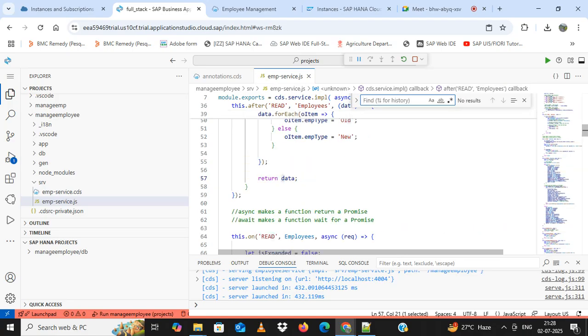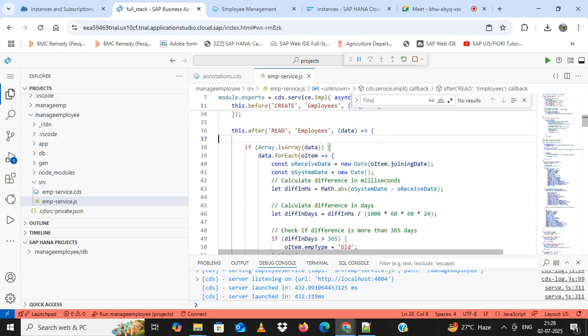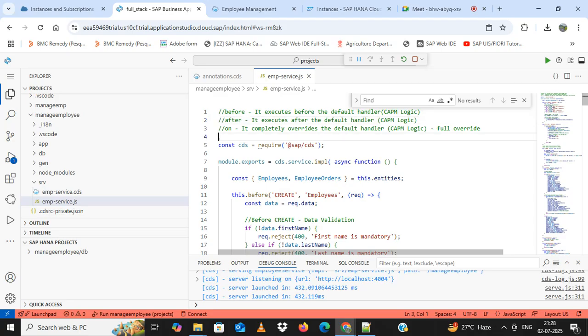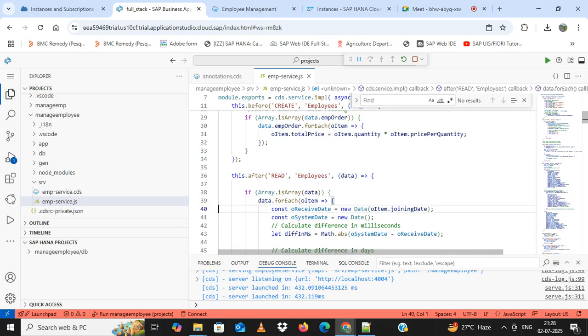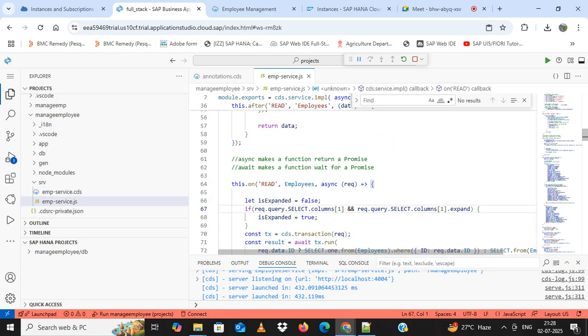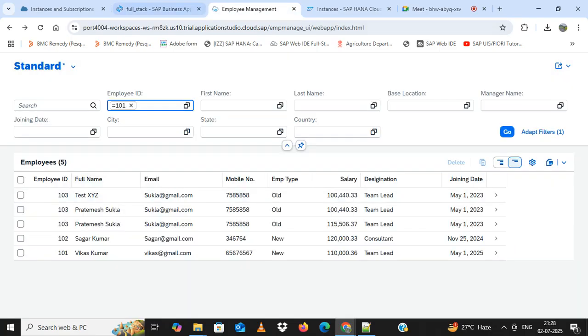Okay, so can you see, guys? If you see this dot on, right? Before is fine, after is fine. Now see, this dot on. Here we covered several scenarios, but this filter scenario we didn't cover. So actually what it is,